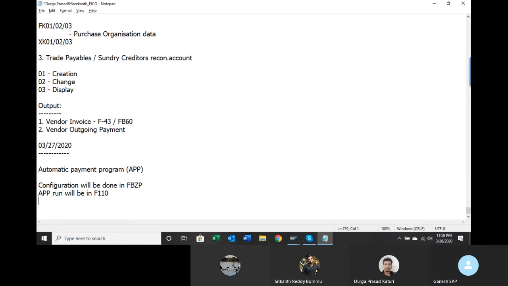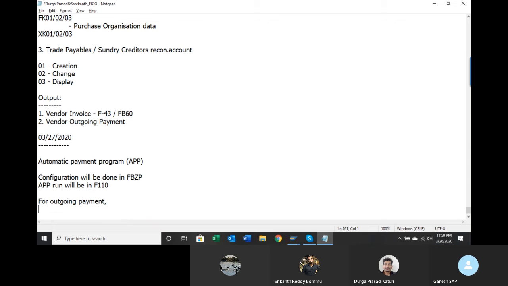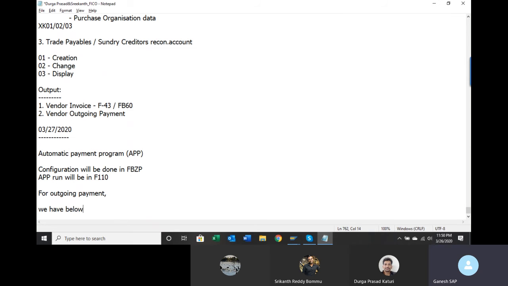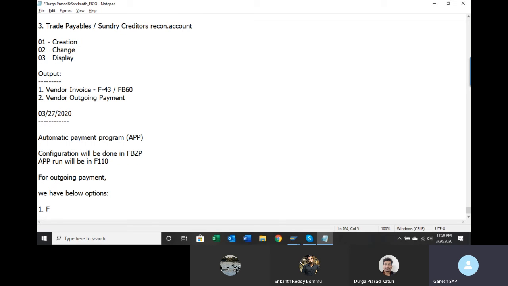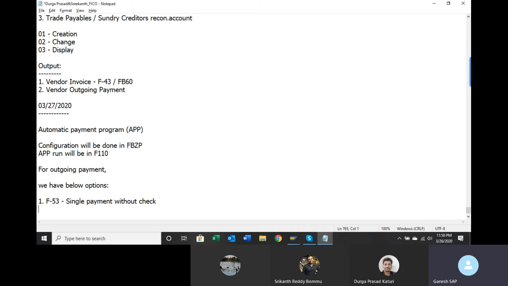For outgoing payments, we have the below options. One, you can make the payment through F-3, F-53, single payment without check. You can make a single payment with check.